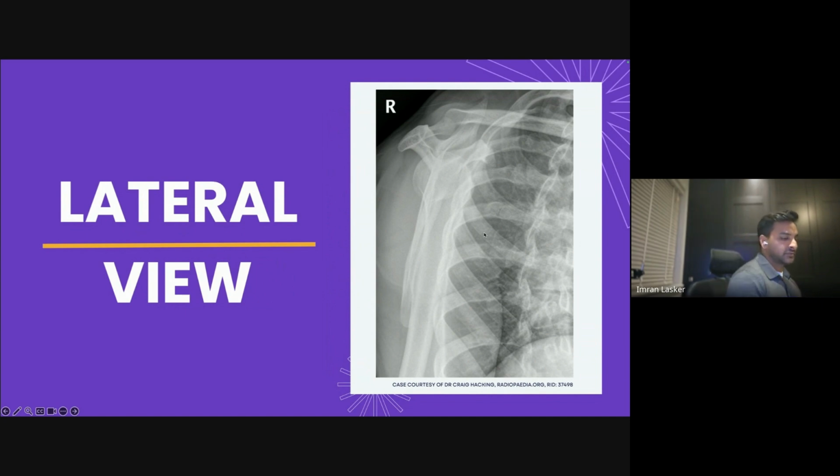So the lateral view is where you're looking from the side like so, and you're looking at the scapula, and you've got to try and draw this out, and they actually call it a Y view. The reason they call it a Y view is because when you draw that scapula, it looks like a Y. And then why would you do that? It's to make sure that you can see the alignment of the humeral head, which is this. And you want to make sure it sits right bullseye in the middle of this Y,